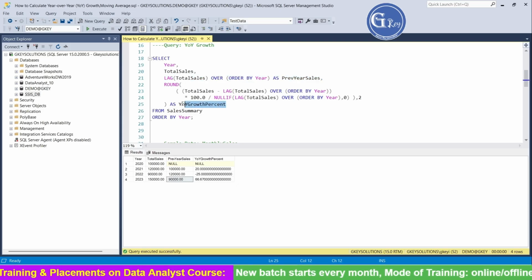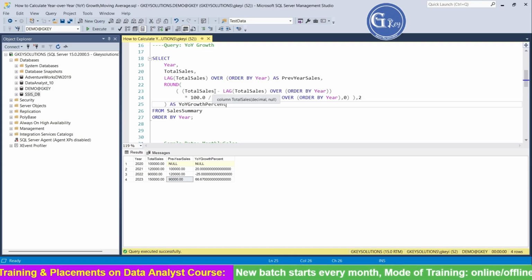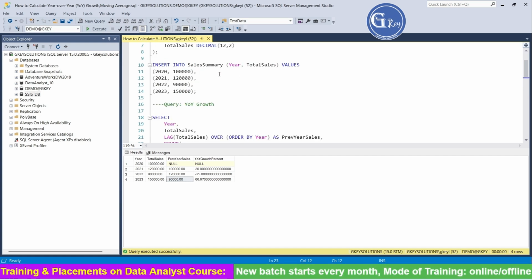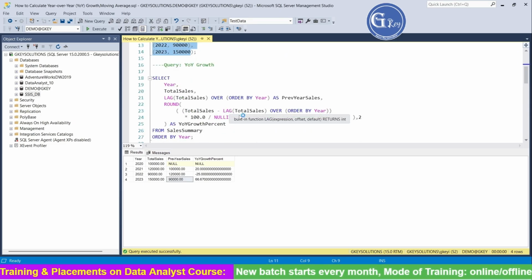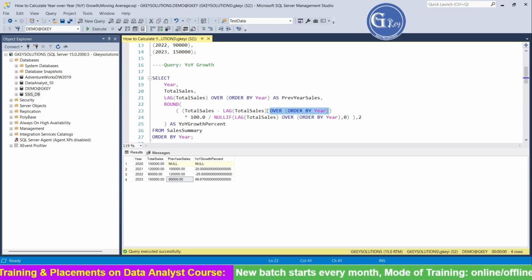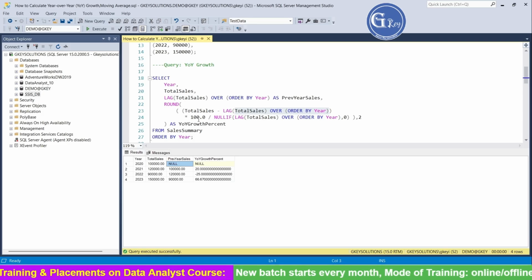And coming to the third one, year on year growth. What it's going to do here, we are using the round function. First we are taking the total sales, that is, these are the total sales for each year, and we are minusing the lag of total sales, order by year. We are taking the first value and minus this value, and multiplying by 100